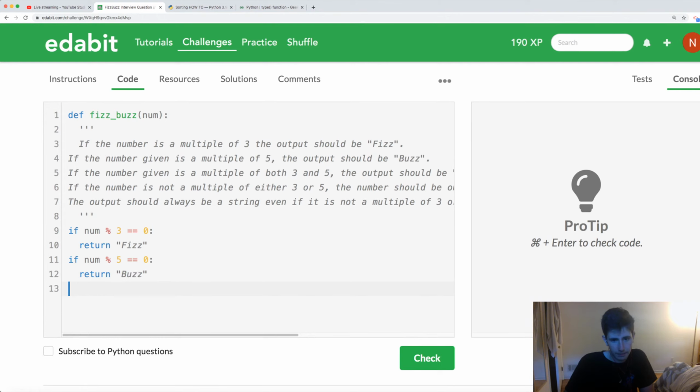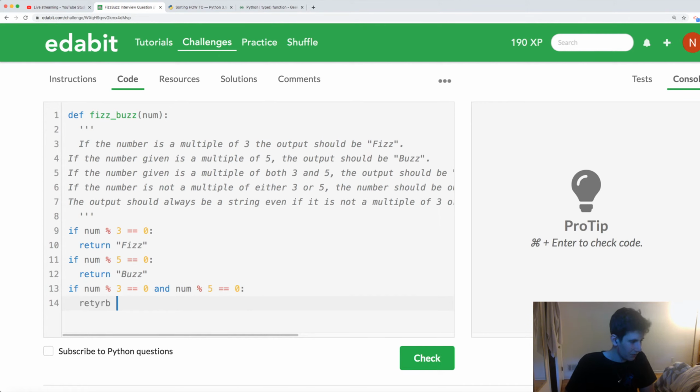Alright? If the number, now we can just copy this. Boom. If number modulo 3 equals 0 and number modulo 5 equals 0, then